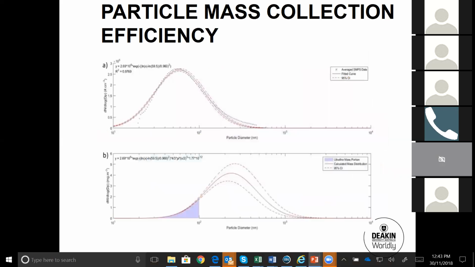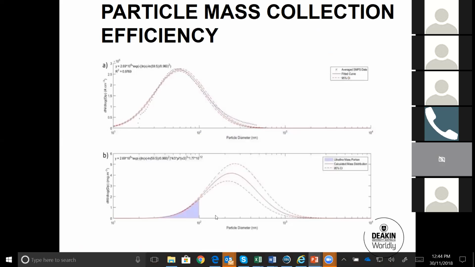So I'm just showing here some of these particle mass collection efficiency. As you can see, this part here, we are interested in this part here, the ultrafine mass portion, because when we originally did the experiment with particle mass collection, it was really high, but it's because these bigger particles are responsible for the mass collection efficiency. And we were interested in the mass collection efficiency of ultrafine particles. So we repeated these experiments with larger ammonium sulfate particles, and then we removed them using the impactor, and then we were just sampling the ultrafine fraction.